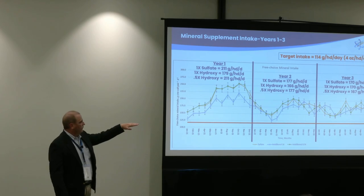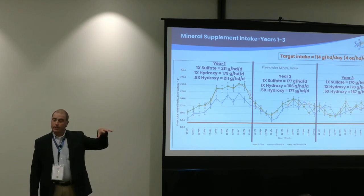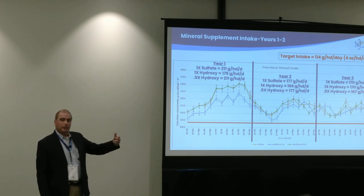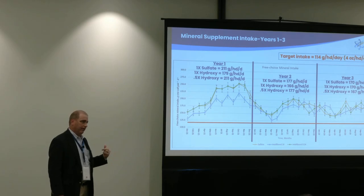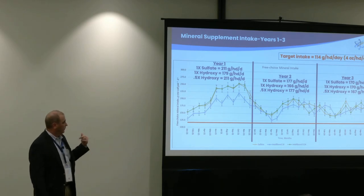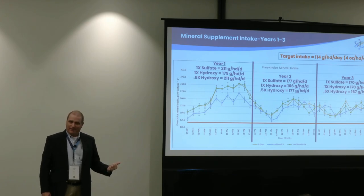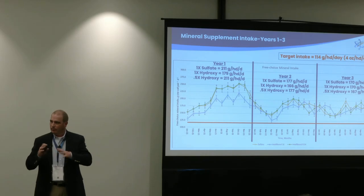If you actually look at the average intake over the 3-year time frame, we're sitting probably closer to 1.5x NASEM for the 1X treatments and closer to 75% of NASEM for the half-X treatment, if that makes sense. But the good news is that third treatment is still half the rate of the other 2 treatments in terms of what we're trying to compare